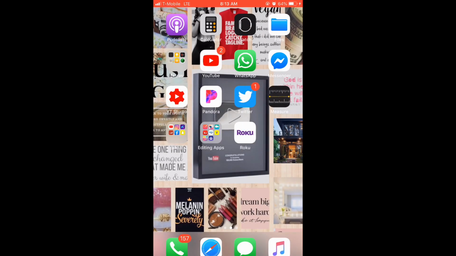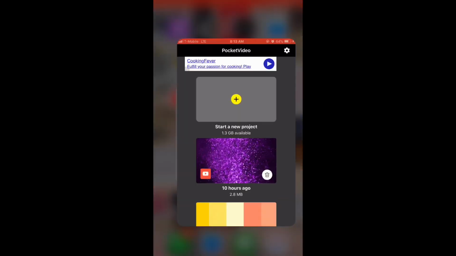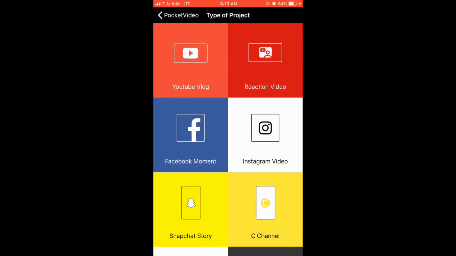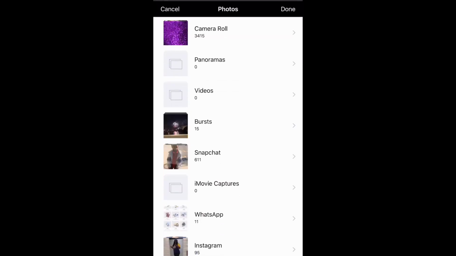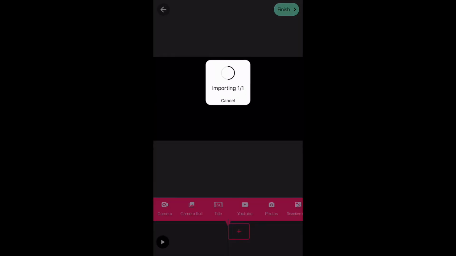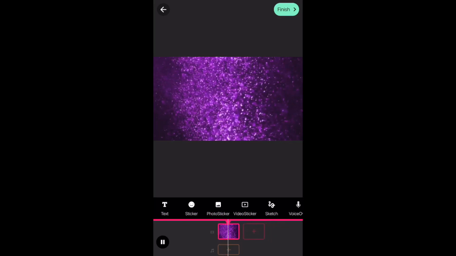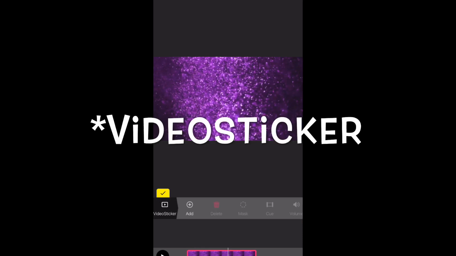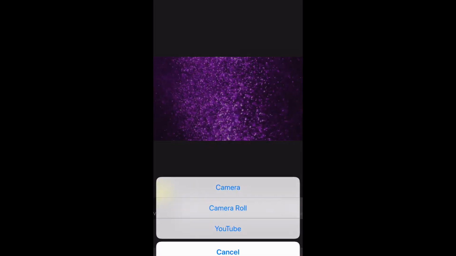Once you get in Pocket Video, you click create new project or start new project. Click YouTube vlog, and then you hit add, and then you add a photo from your camera roll. Camera roll will pop up. You choose the photo that you just saved. It'll import that photo. Once the photo pops up, you will then press photo sticker, and you will press YouTube,